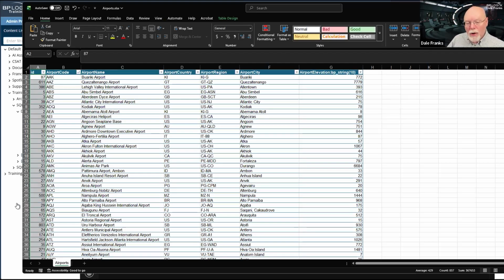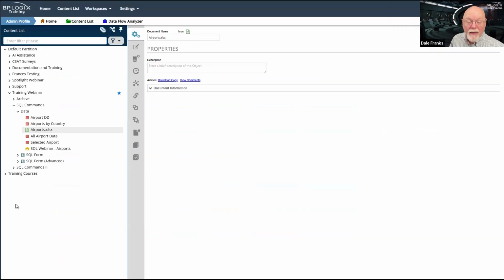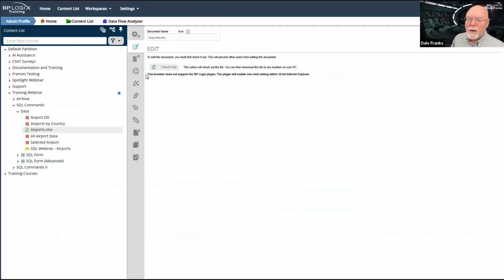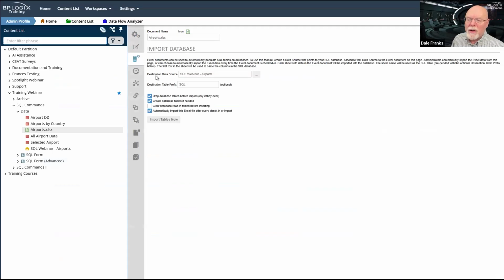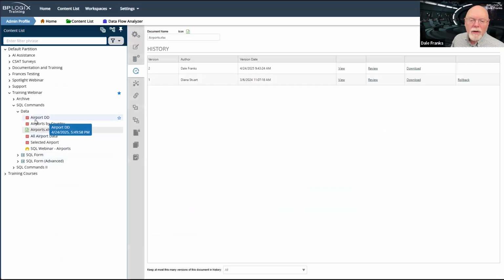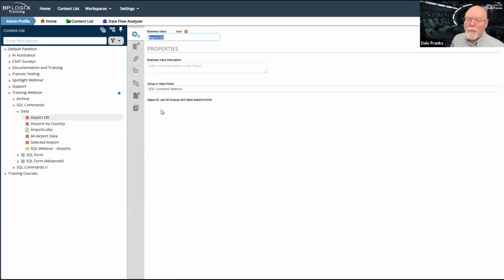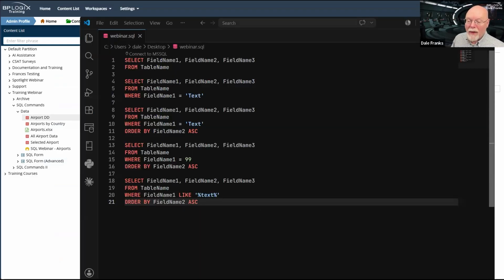There is an alternative way of storing this data. And this, by the way, is how Process Director stores its data. And if we go into, I don't think I can do it from here. So let's look at just any other object. So we'll look at a business value. This is the object ID for this specific business value on this system.